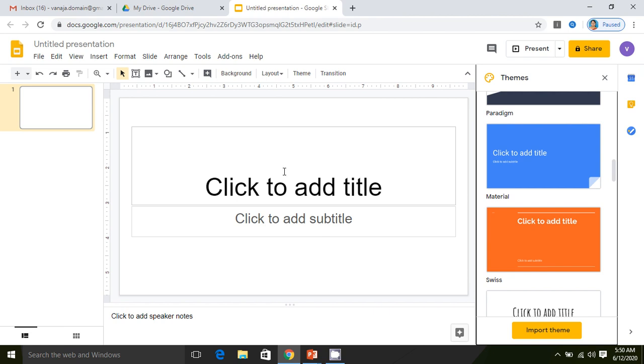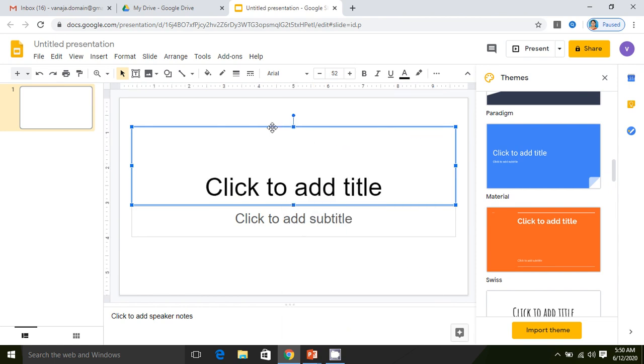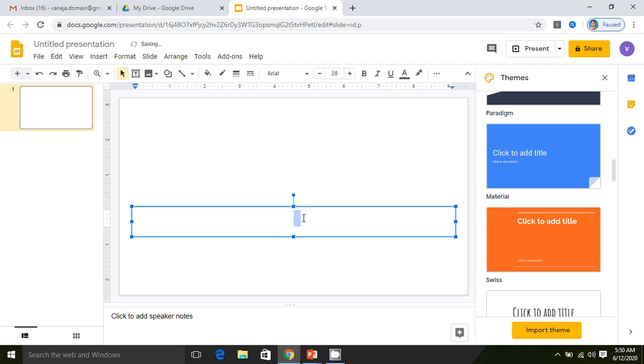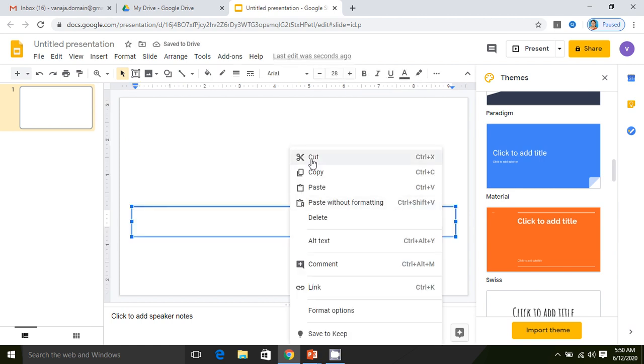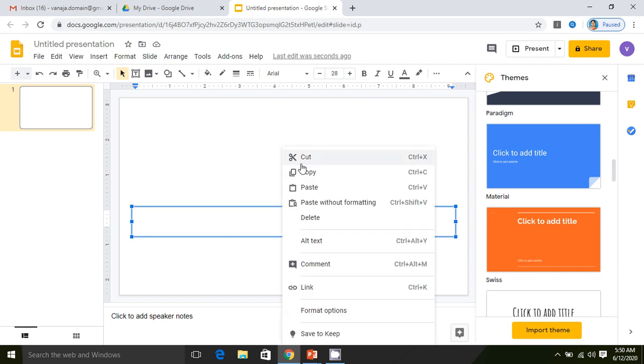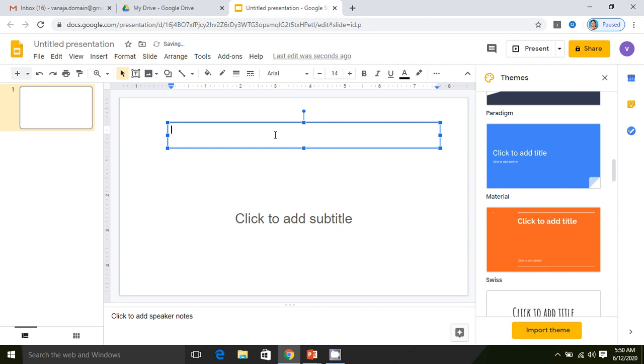Now usually to design the certificate, whatever default content is there, you try to delete it. When you click on the box, it will show the cut option. You can cut this. Even this also you can remove. And then as you require, you can design the certificate. Now I'm going to cut this text box as well. Here you can get a text box and place it here and type what you want to have.